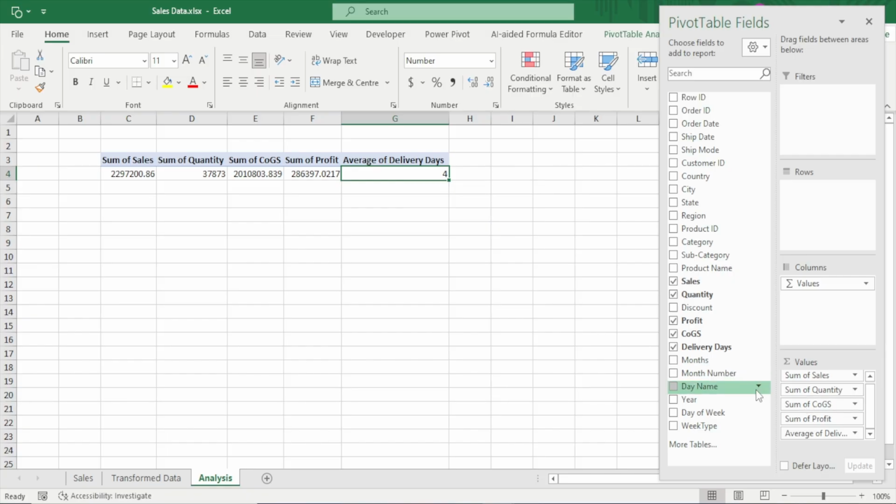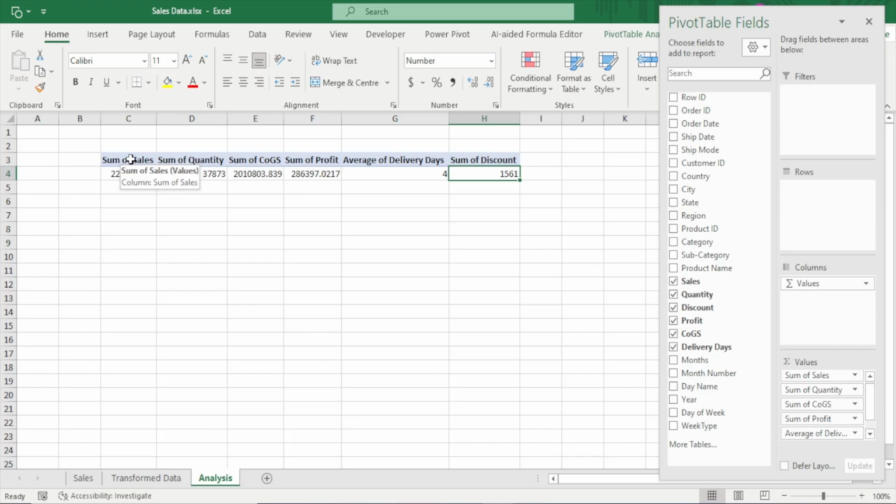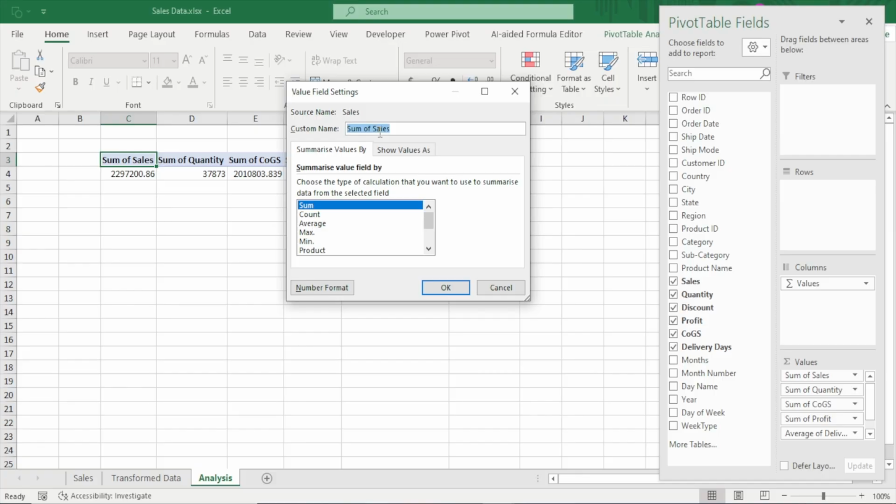Now, the last thing that we will be interested in is the discount, the amount of money that we are giving out to customers, or the amount of discount that we are giving to customers. Now, let's clear the decimal, please. Perfect. Now, this doesn't look good, right? It doesn't look good at all. So what we can do is just double click and then rename this one to